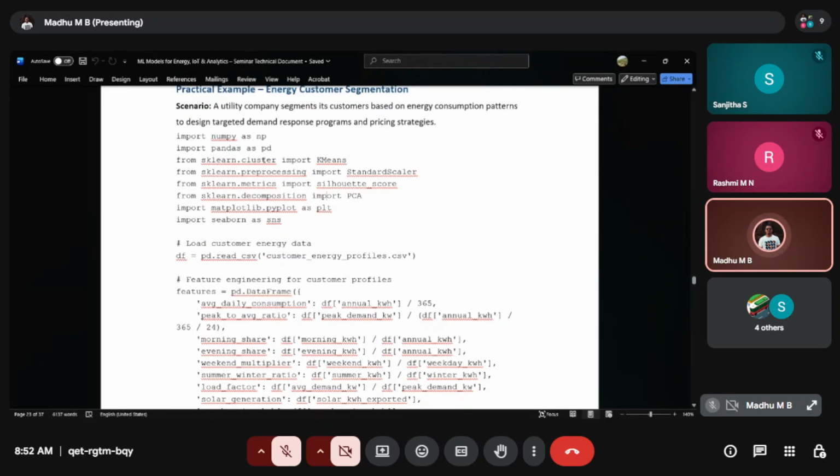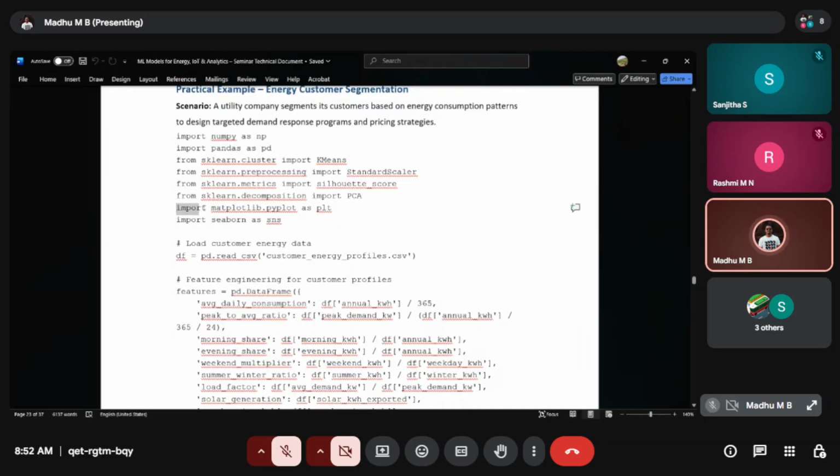The packages. Okay, this specific line says that I want to import KMeans from sklearn.cluster. And in a similar way, I am importing the other packages which are relevant for me. Okay. These are all the packages.